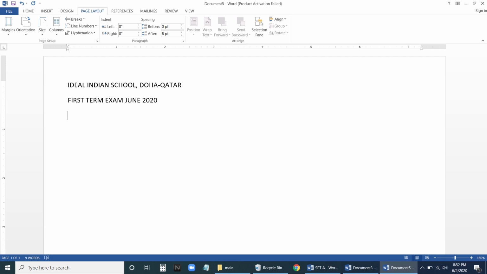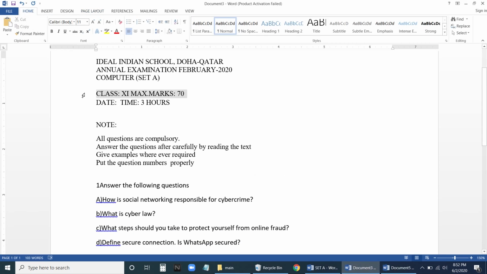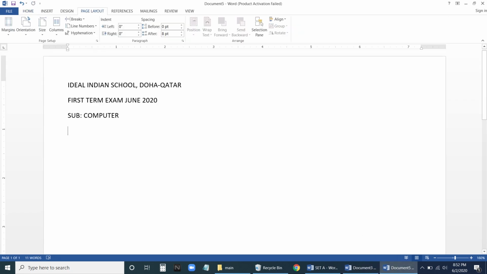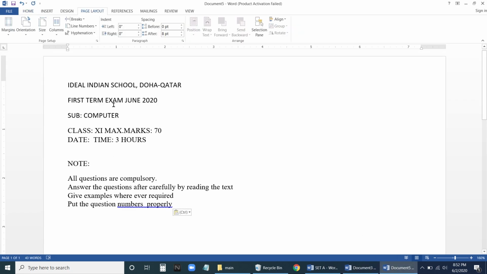So let us keep the subject here. Subject, I'll keep here computer. Fine. So similarly, I can start typing here. I already have typed here, so I'll copy this to my document here. Now see here, by default it is giving some gap here. So I don't want this gap.